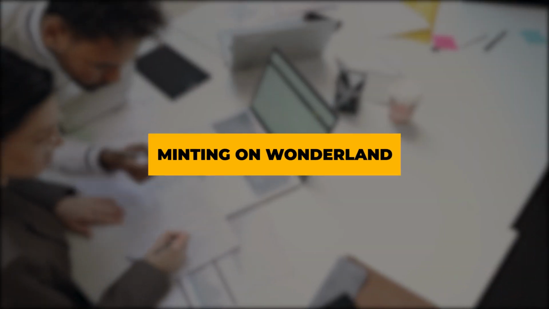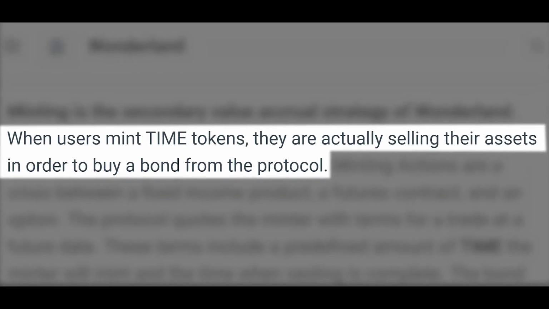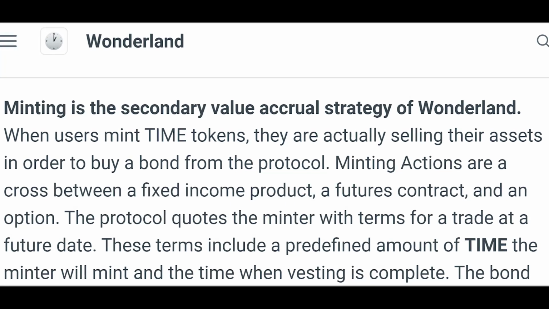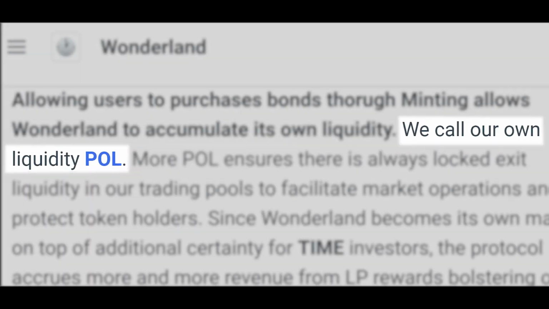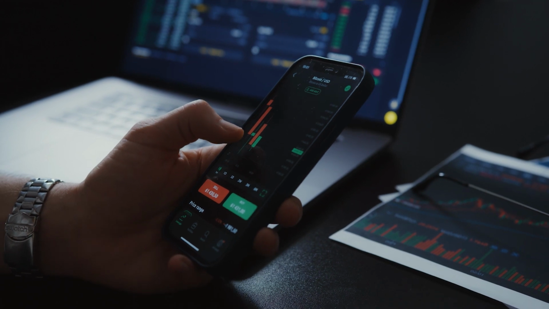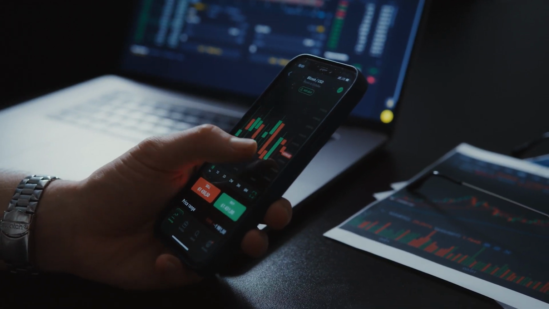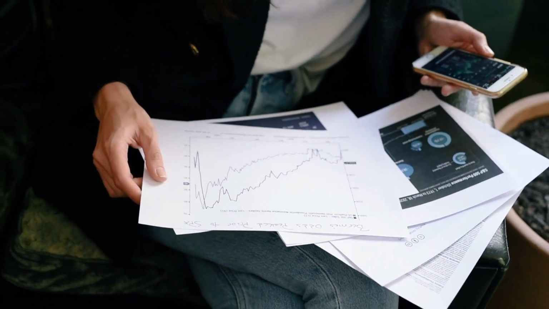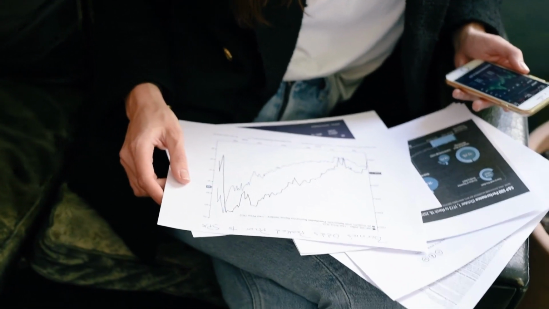All of it happens automatically, amplifying the magic of compounding. Minting on Wonderland. On the other hand, minting requires you to sell certain assets to Wonderland.money. Currently, this could be TIME-MIM liquidity pools, wrapped AVAX, and more. The upside of minting is that for a cheaper price, you can buy new TIME tokens. Be aware, these tokens have a 5-day vesting period, which means you will not receive all your tokens at once, but it allows you to claim and restake them over the course of 5 days.